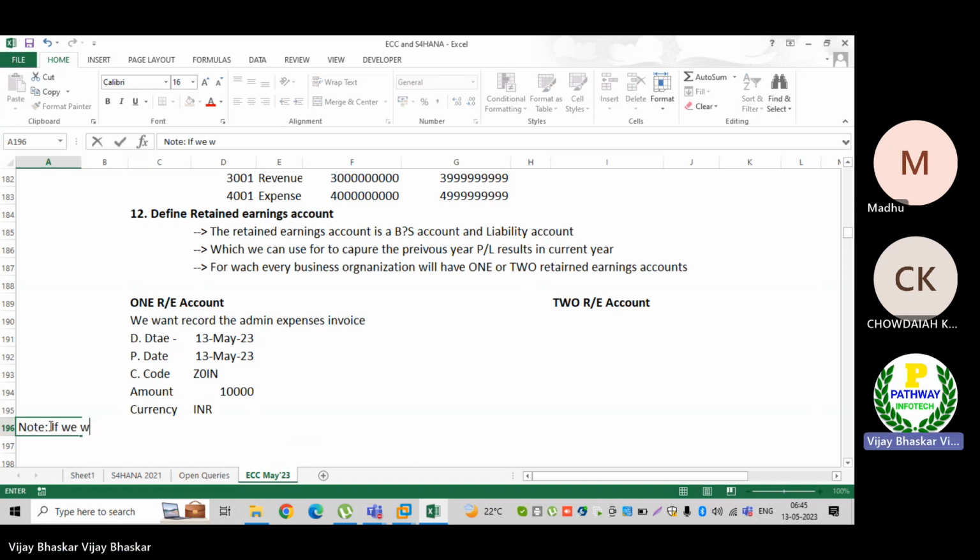Note, if we have one retained earnings account, no need to key any GL account, I mean any retained earnings account,